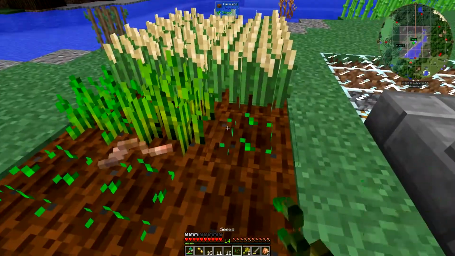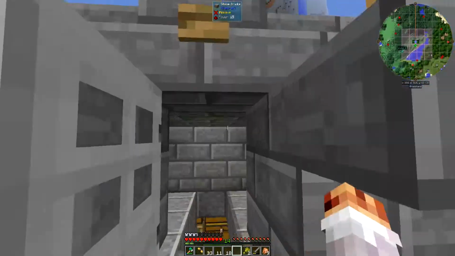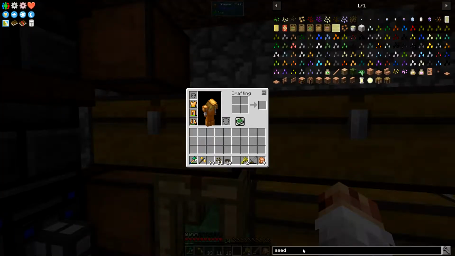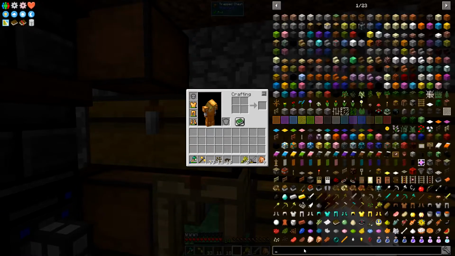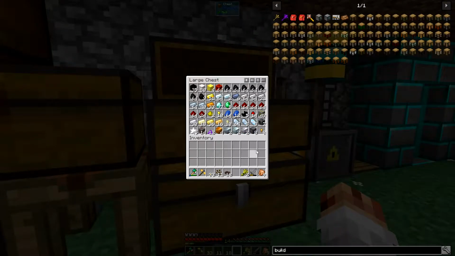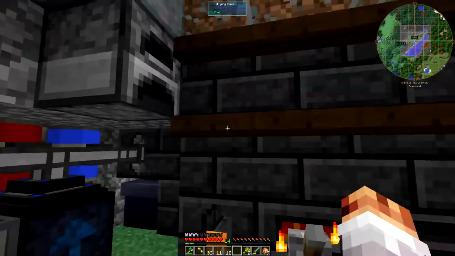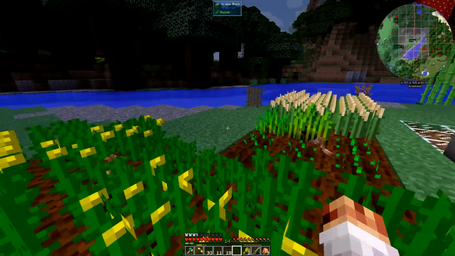But I need to fix that. So we're going to make a different pump today. We are going to be doing the RF Tools pump. Actually, it's called a builder with a pump card. So we need some clay, so we need some bricks. I probably do not have clay. I do not have a shovel with me, so let's just...